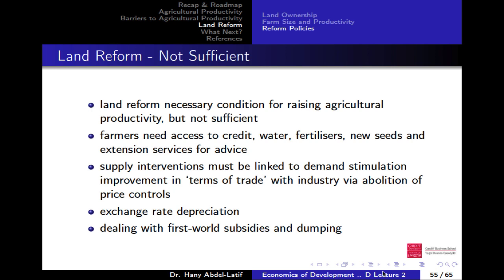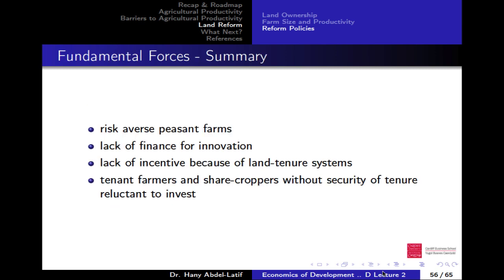Okay, so I think this is everything I wanted to talk about. So let me just summarize quickly. We first started with productivity, how we measure productivity, total factor productivity. We showed some statistics across the world, different countries. And the main message was that productivity is very low in poor countries. That's it. And then we asked why. We talked about some barriers.